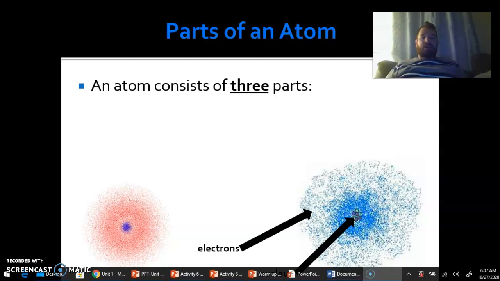We're going to start at the top where it says parts of an atom. Hopefully this is somewhat of a review. I'm sure you have talked about these different aspects of an atom, whether in elementary, middle school, or even last year in biology or physics. An atom consists of three parts. These three parts are